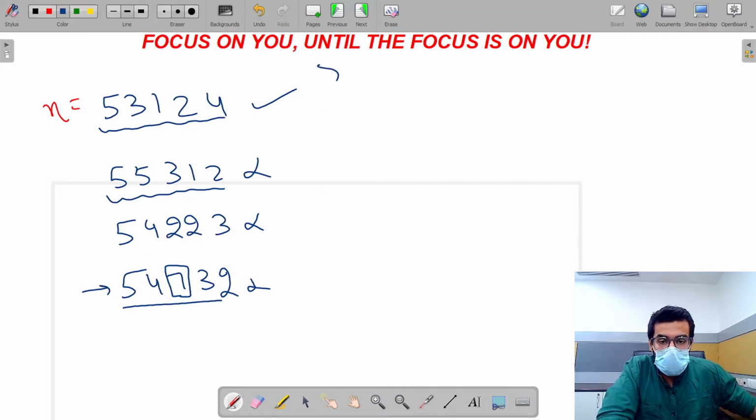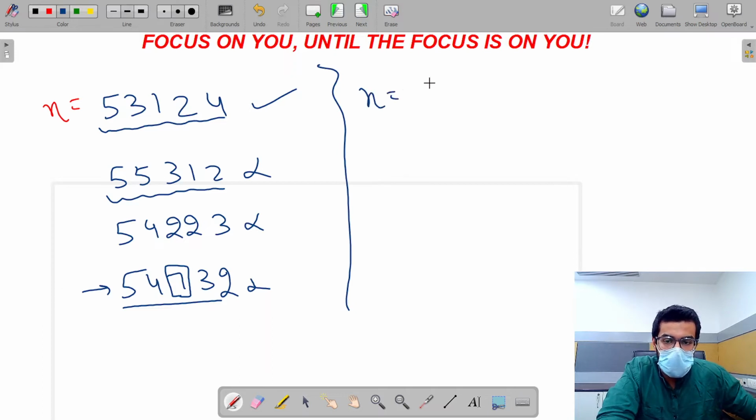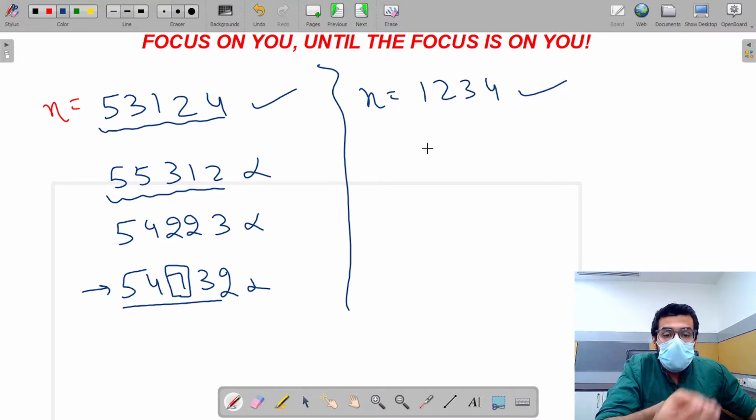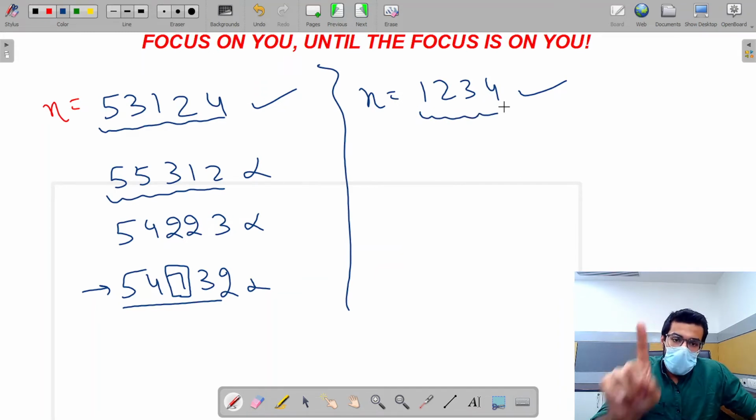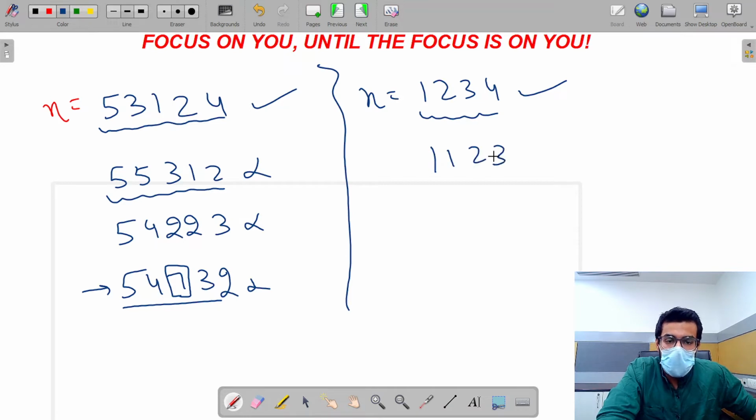If the number was 4 digits long, for example 1, 2, 3, 4, then this is a valid input because this is a 4 digit long number and we are using all the digits from 1 to 4. But if I write this, then this is an invalid input.